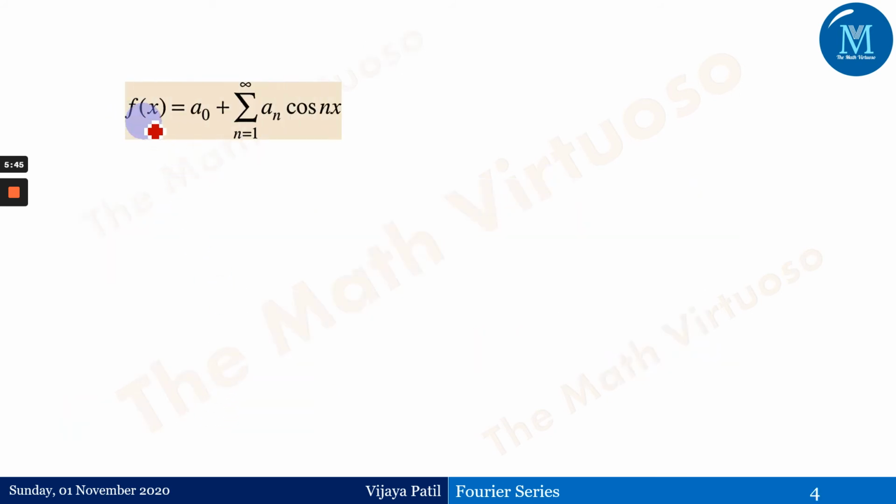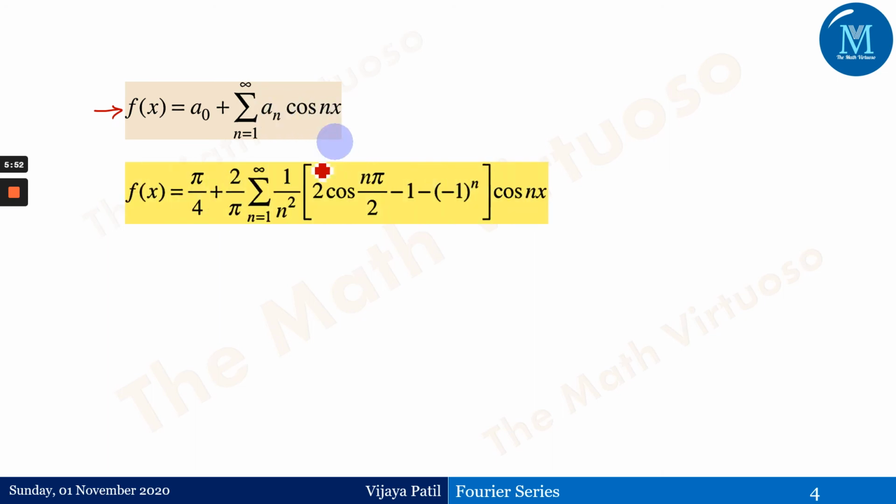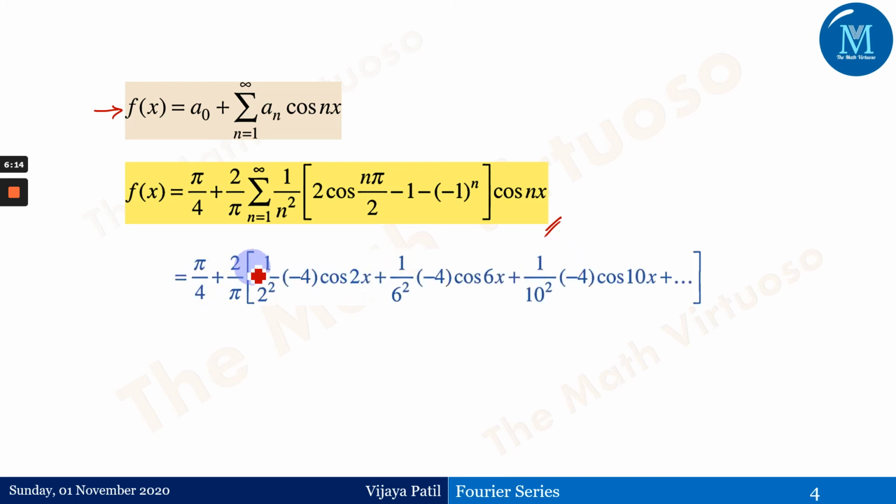Now this is the Fourier series, the half range Fourier cosine series. F of x is a0 plus summation of an cos of nx. So if I put the values of a0 and an, we are going to get this series, right? Now you can leave the answer here, but most of the time we are given the deduction part, so at that time it is good for us to understand what value of x should be used for this particular series. And therefore, if I put n equals 1, n equals 2, n equals 3 and so on, I'm going to get this type of series.